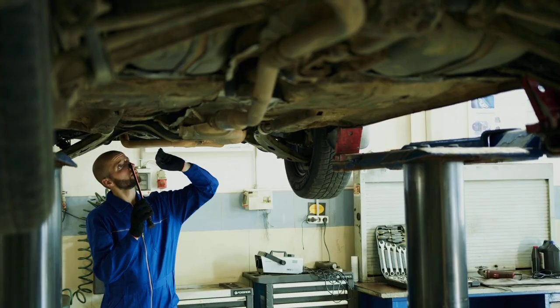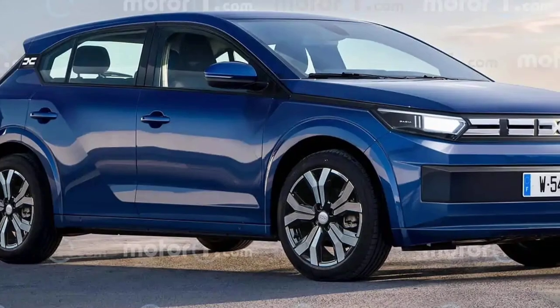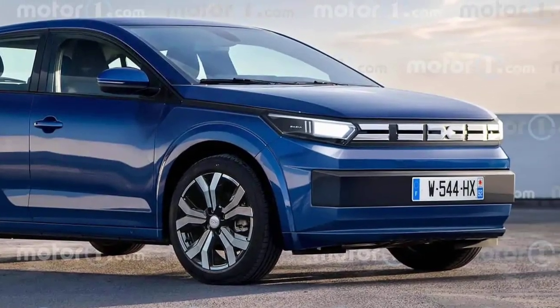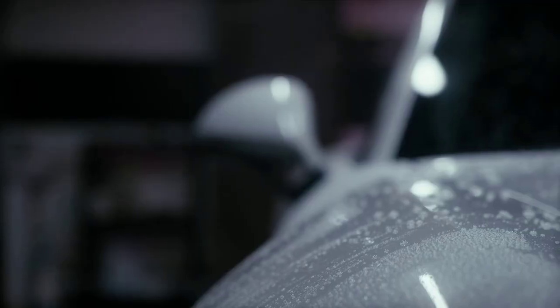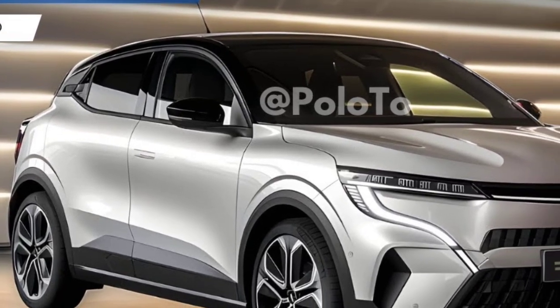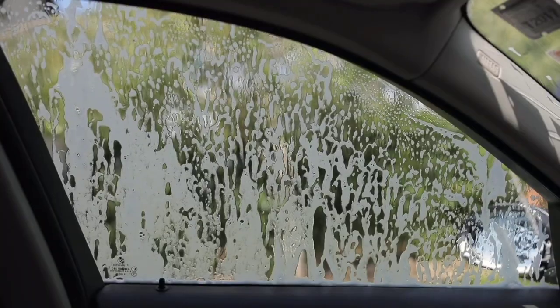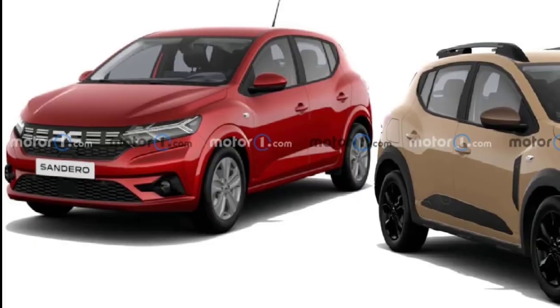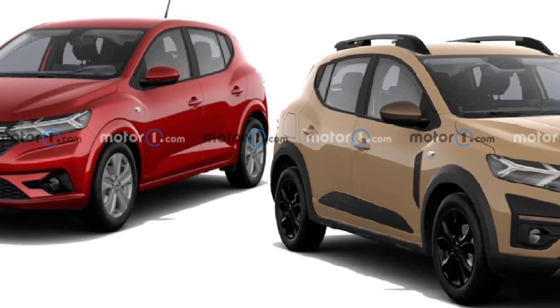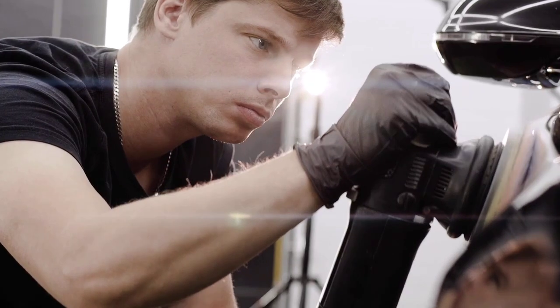Interior. Spacious cabin: despite its compact exterior, the Sandero offers a surprisingly roomy interior with comfortable seating for 5 adults. Upgraded materials: the interior materials have been improved, providing a more refined feel. Infotainment system: the base model comes with a basic infotainment system, but higher trims offer larger touchscreens and